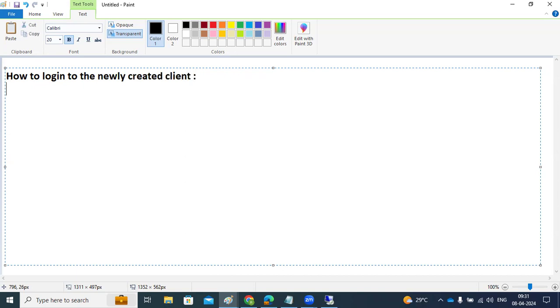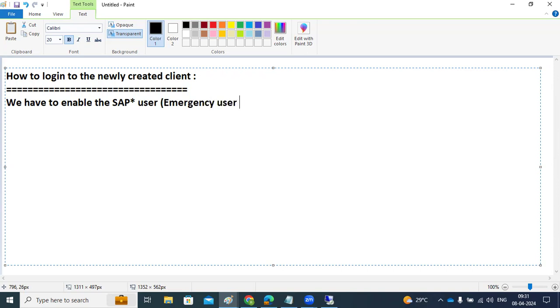To log into the newly created client, we have to enable the SAP star user. That's why it takes a longer duration. That is called the emergency user. Emergency user we have to enable in the SAP system by setting the